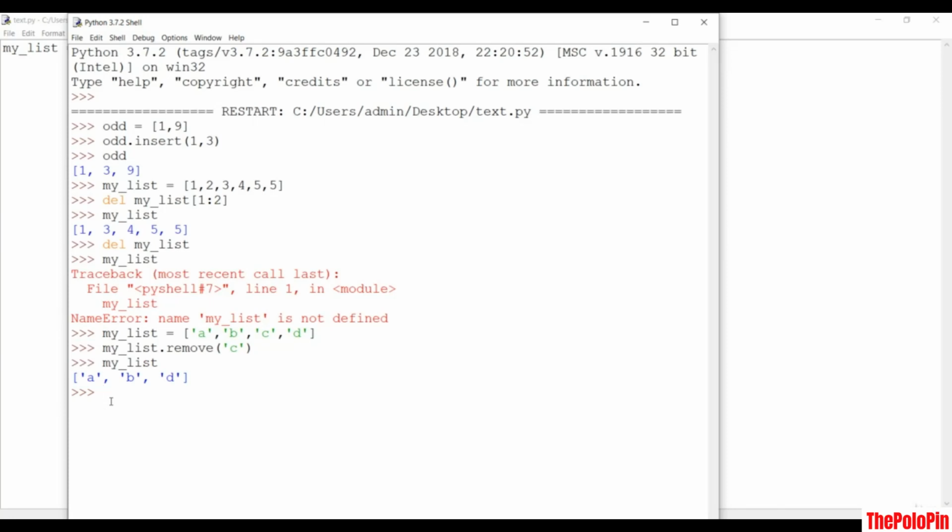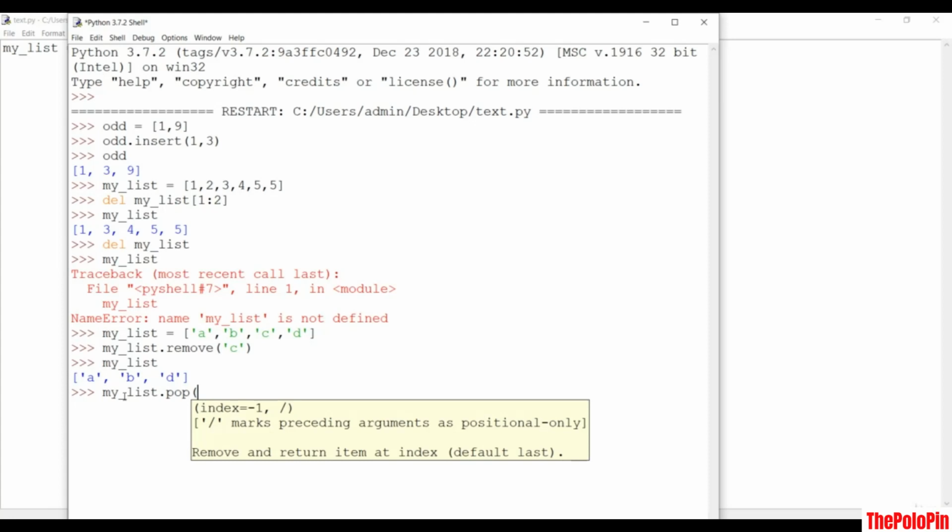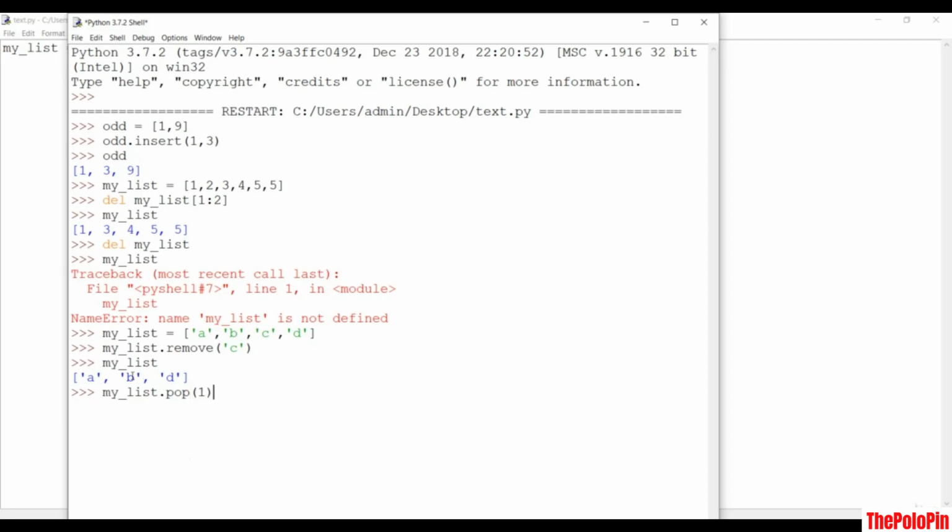You can also do the same task using the pop method. So you can see that my list dot pop method is of the list, and you have to pass the index in this pop method. So when I just say 1 is the position for this B, so B has been popped out, that means the element has been popped out from this list. So if you just do something like my list dot pop,